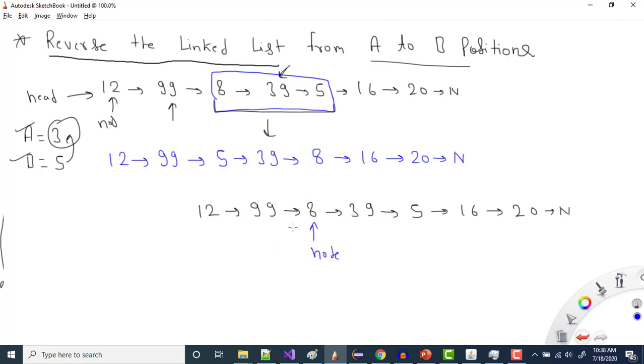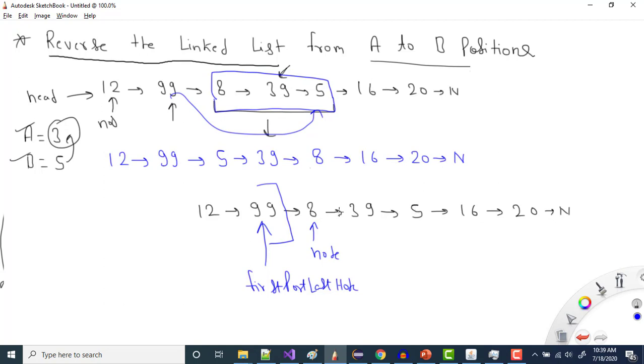So anyhow, once we are done after iteration, basically I need to connect this point to this point, right? You can see from here, 99 to 5, I need to connect this one. So I need to store this value somehow, right? So I will store this value, and let's say the variable I take is first part last node, right? So I have stored this value. Now I will basically reverse from here to here. So this is the same procedure that we do in reversal.